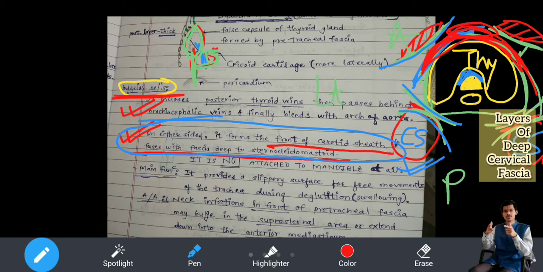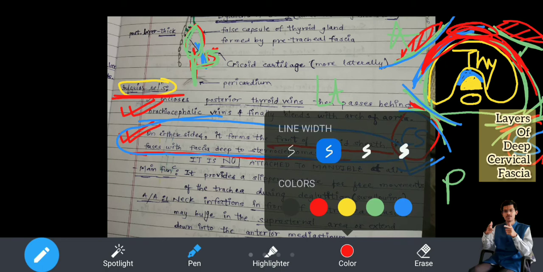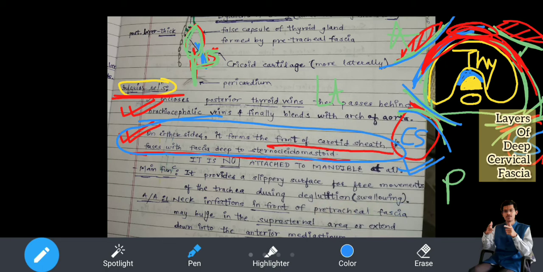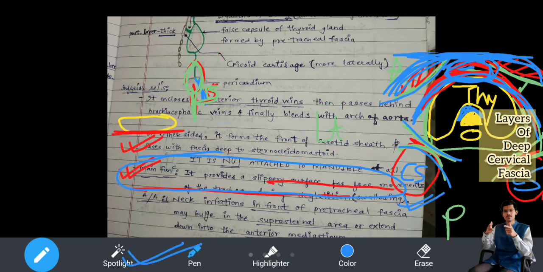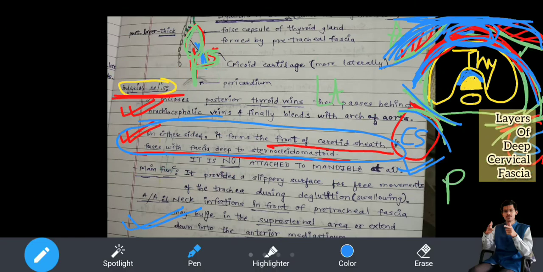Do you understand what I am saying? See, I will tell it to you again. Now I am using a blue color. Okay, wait, blue color. So if you see, this is the covering of the investing layer. You saw the collar-like structure, and here it is the anterior of the pretracheal fascia. There is a space in between. This can harbor infections, and this continues as the suprasternal area. So the infection can spread to the suprasternal area, or tumor can spread to the suprasternal area, and it will manifest that there will be bulge in the suprasternal area. And it can also extend down to the anterior mediastinum. Very simple. Understood? You can take a screenshot of this.